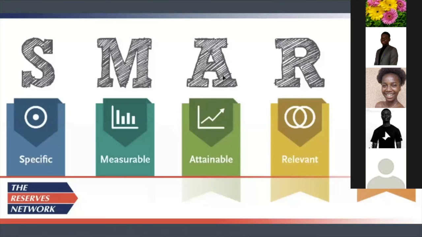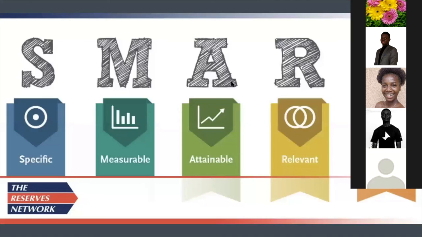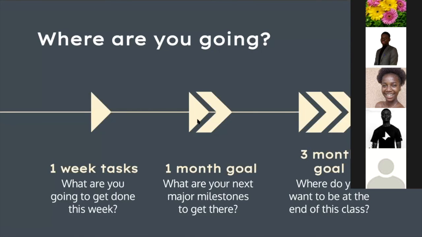And let's go back here. And then of course with goal setting, you probably have all seen this before, and this is a whole lecture in itself, but just think of things that are specific, measurable, attainable, relevant, and time-based, right? So I already mentioned the time-based part of it.